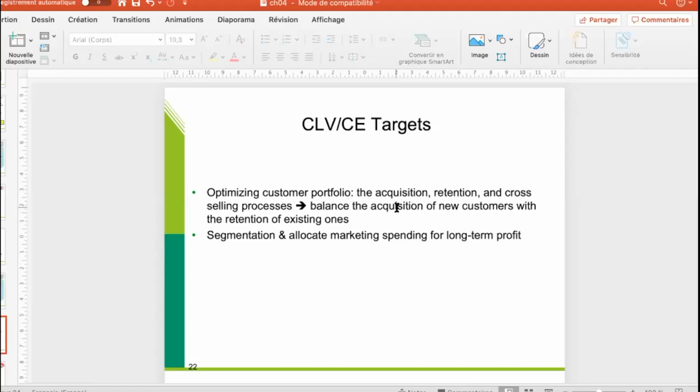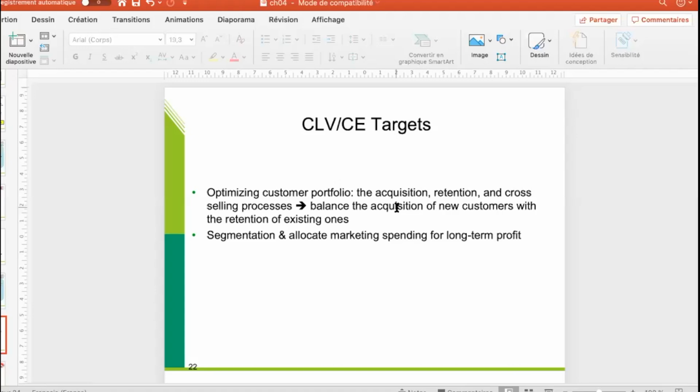to do cross-selling when you see that your customer share of wallet, that is the percentage of expenditures in the brand, is low, but the potential of the customer is high through CLV. This helps you to do cross-selling in order to convince your best potential customers to buy more in the brand, to increase the customer share of wallet. And yeah, you can balance the acquisition of new customers, focus on the best customers, and try to retain the